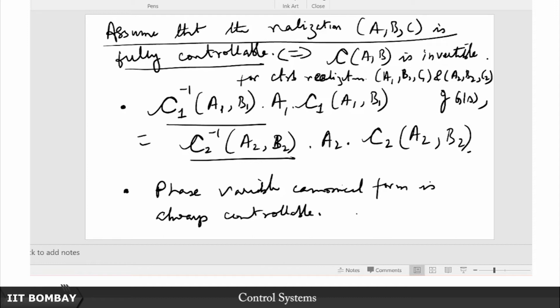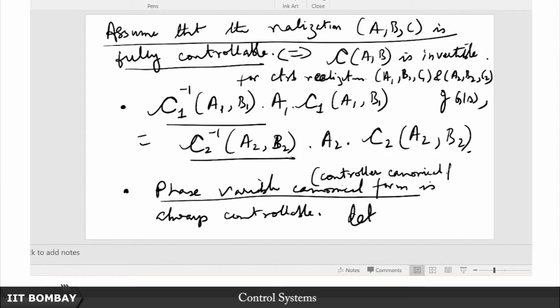You see that the determinant, so this phase variable canonical form also has a name, it is also called the controller canonical form, as we have learnt in the last one or two lectures, and we will now see why that controller canonical form is so beautiful and why it lends itself easily to the design of a controller, which is why it gets its moniker, the controller canonical form. We have also seen that this determinant in the controller canonical form turns out to be either +1 or -1 depending on the size of the A matrix. So it is independent of any other parameter, this is always going to be non-singular and invertible.